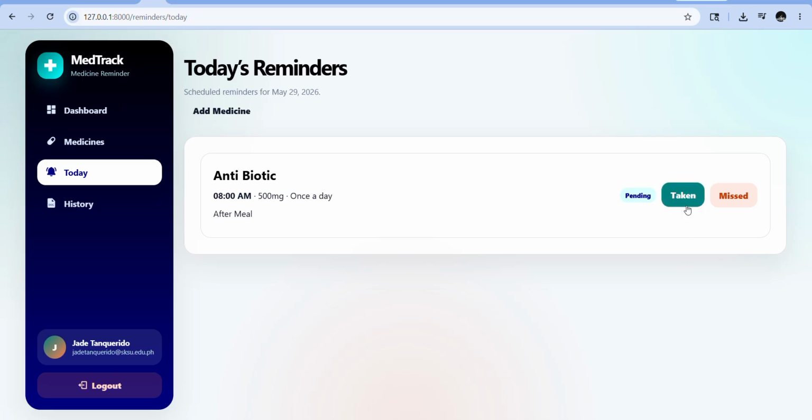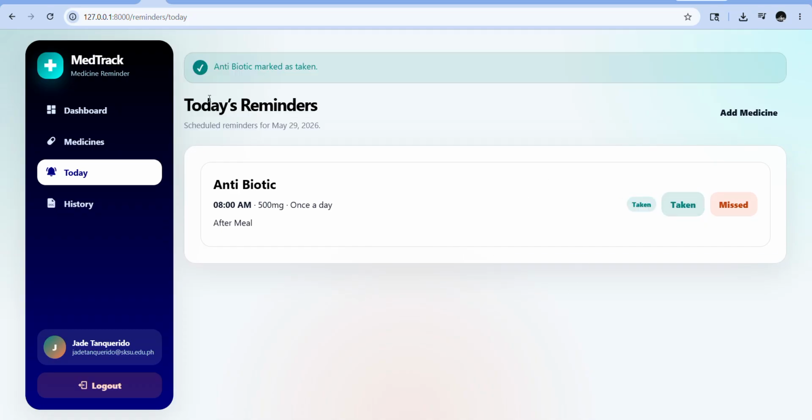Once you have taken it, the user can click the Taken button. So, the antibiotic is marked as taken. Once marked as taken, the system records the actual time when the user took the medicine. If the medicine was not taken, it can remain as missed or be marked as missed. This allows the user to review their medication history.